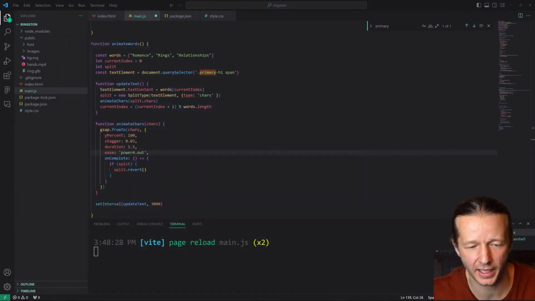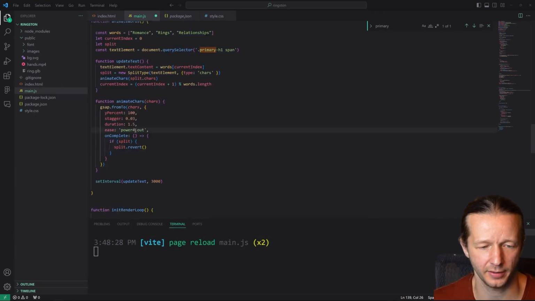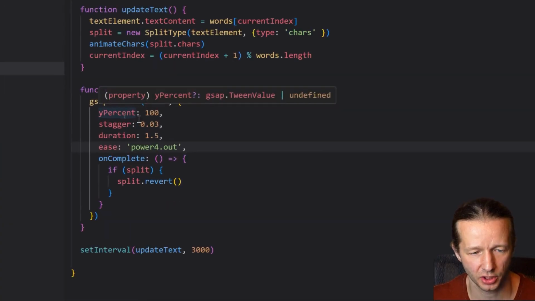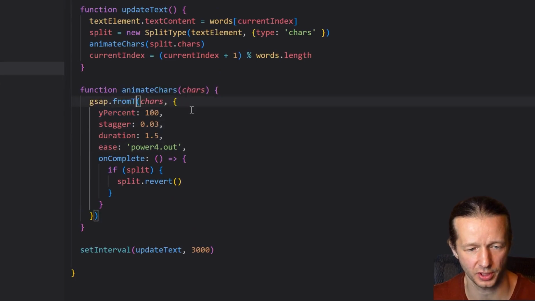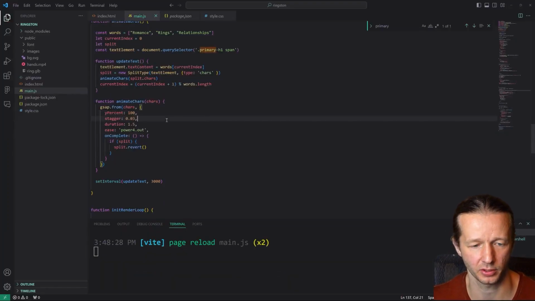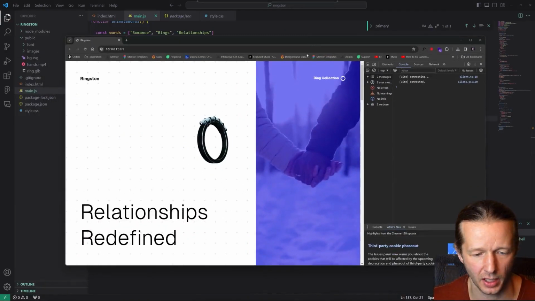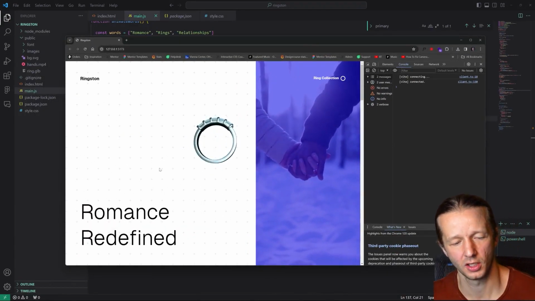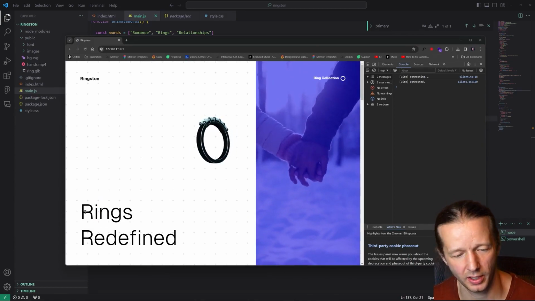All right, so I found the issue, and really it was my autocomplete, I think, my code completion. This should not be from to, it should be simply from. There we go. So save that. We'll come back out here. You'll see it come into place. Very, very cool. And you'll see it go and change. Next one,